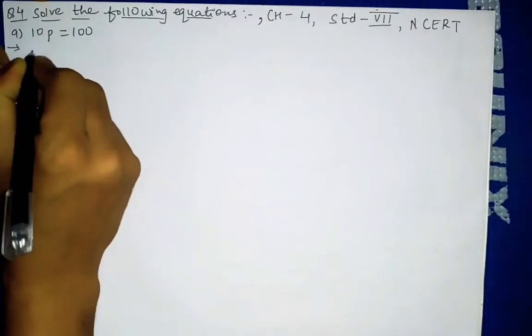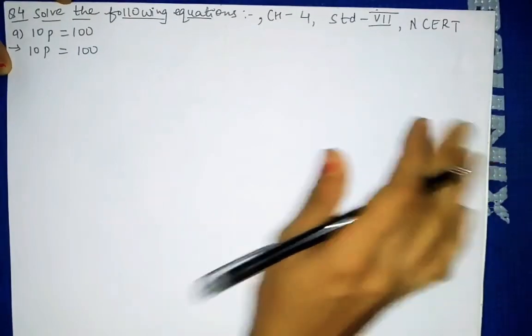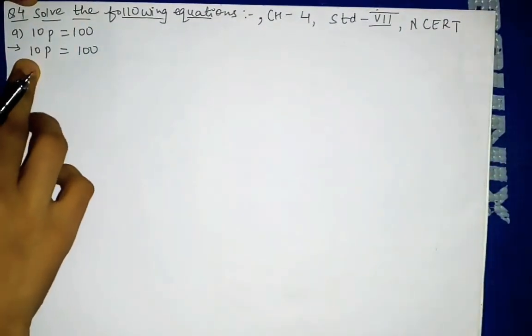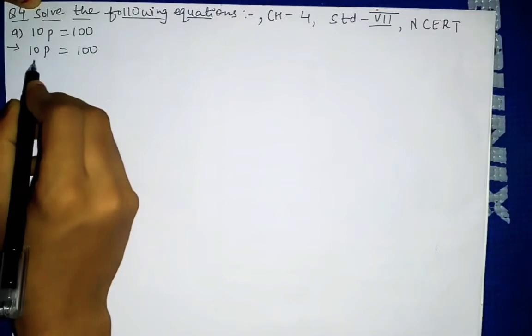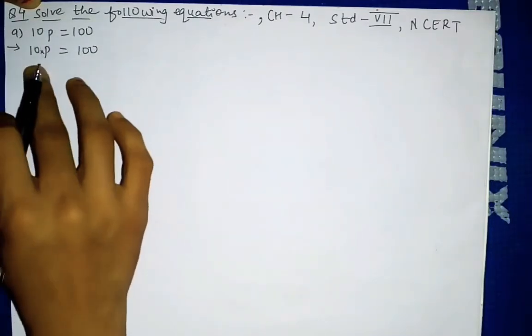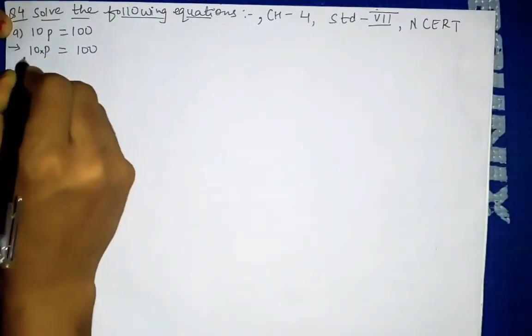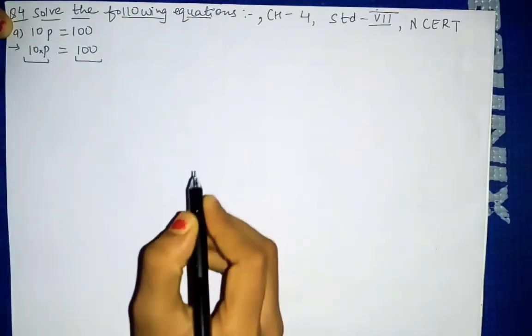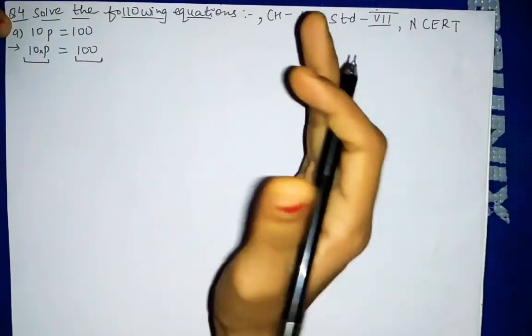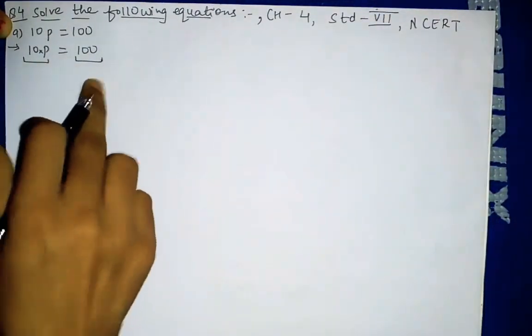Okay, so now 10p equal to 100 is given. Now this 10 we want to remove. This 10 is in multiplication, so whatever is in multiplication on the LHS part, when you take it to the RHS part, the sign will change. We just have to do the opposite. It is the same procedure we were doing, but we were writing steps and doing it on both sides. Here we will not do it on both sides. From here we will take it to that side.